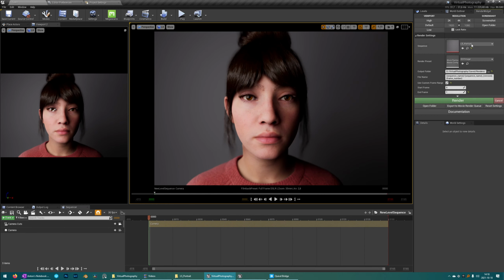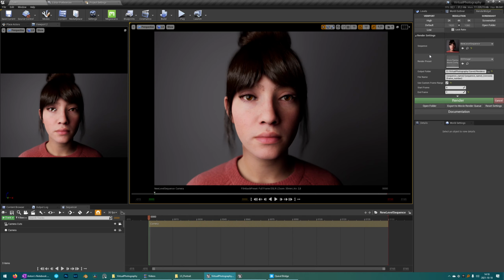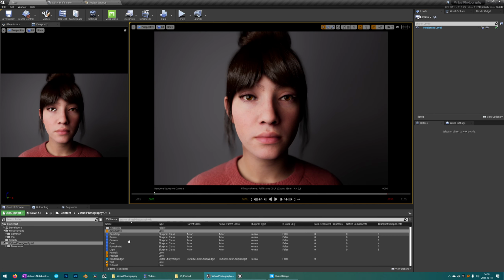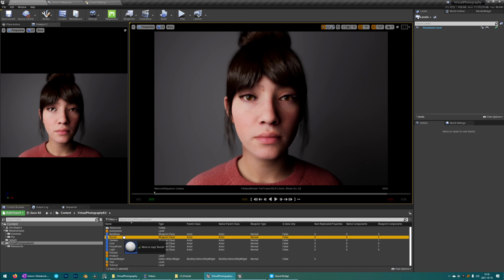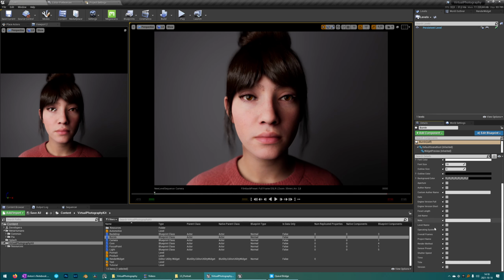So in order to render, we have to remember to choose the new sequence that we created. So this is the one getting rendered. And before I press render, I just want to show you the last blueprint, which is the burn-in blueprint. So drag and drop that into your scene. And what this does is it adds some text to your image. So if you're sending over images to your client, maybe you want to have a version number, maybe you want to have an author name,